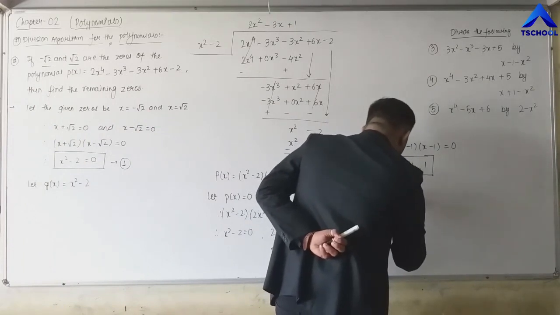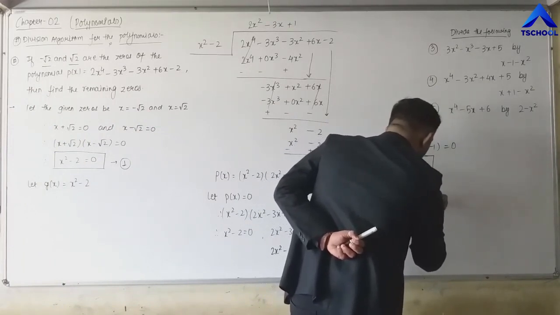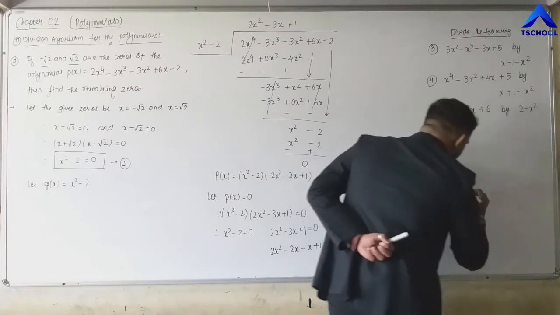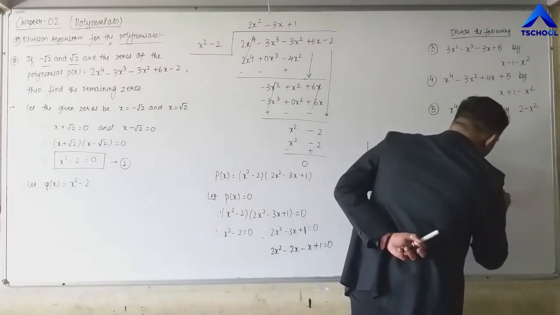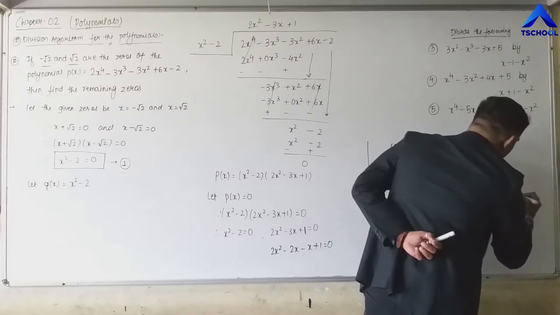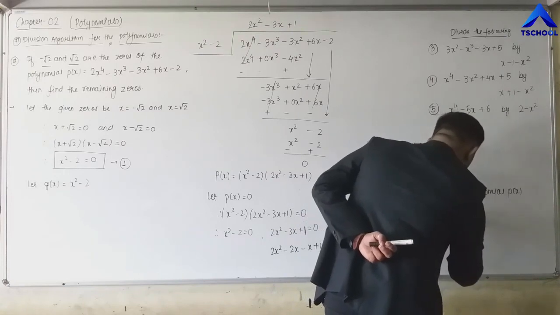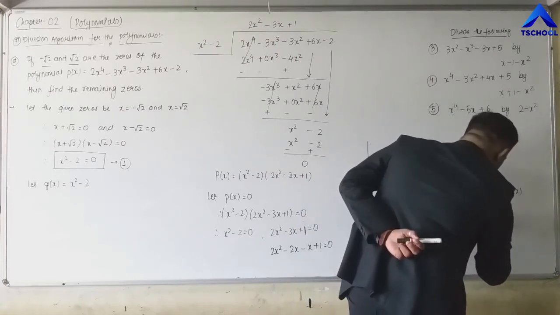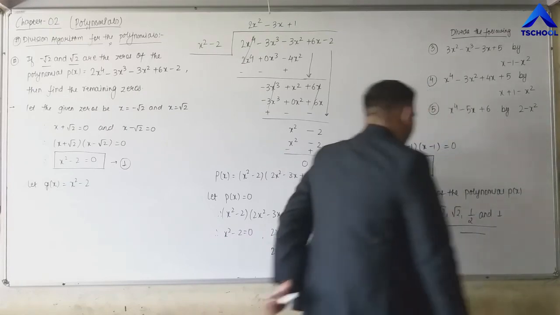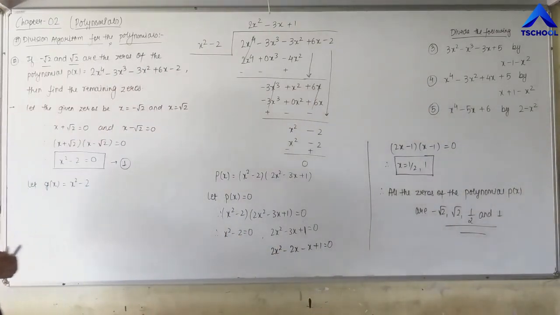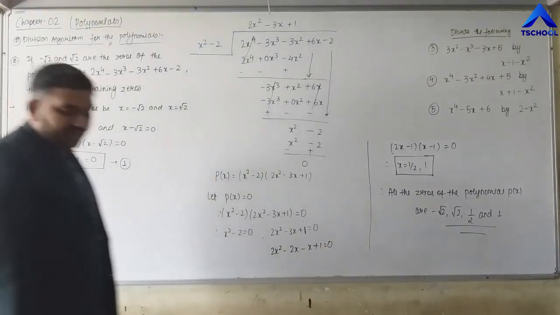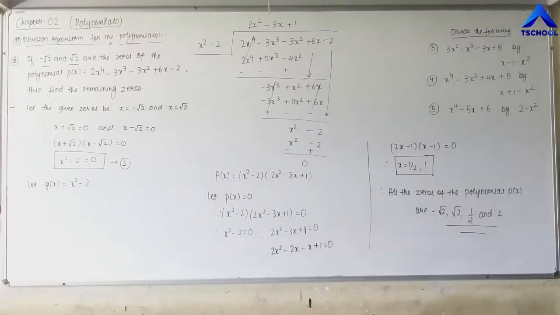Therefore, all the zeros of the polynomial p of x are minus root 2, 1 by 2 and 1. So the remaining zeros are 1 by 2 and 1, and all the zeros of the given polynomial are minus root 2, 1 by 2 and 1. Is it clear, friends? Right? So take a look over it and then we shall move to the conclusion part of the